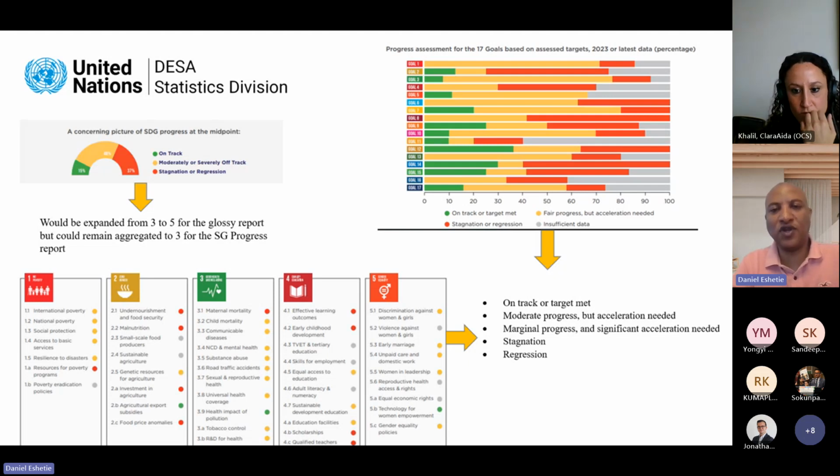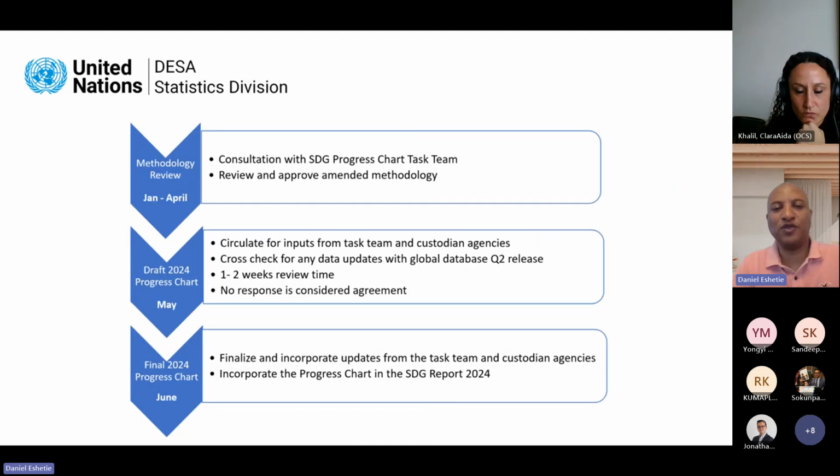But just to give you an idea of where we are and what we're trying to do, these are the things that we set out to do with the task team. We've done the first chunk of it, and we're on the second chunk, which would quickly wrap up into the third chunk. Just for the discussion point, if you have anything on this timeline, any comments, I would be happy to chat. Thank you. Back to you, Madam Chair.